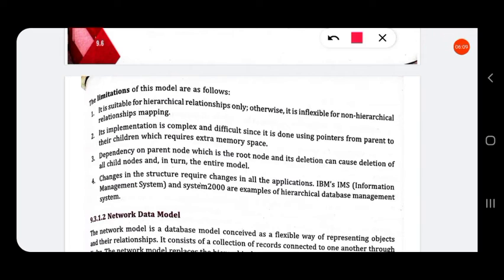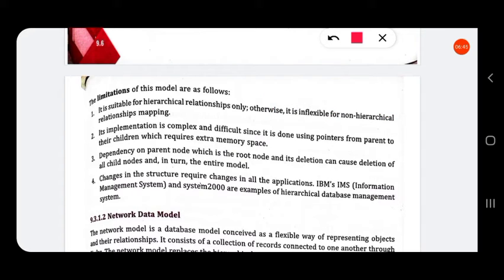Its implementation is complex and difficult since it is done using pointers from the parent to its children, which requires extra memory space.